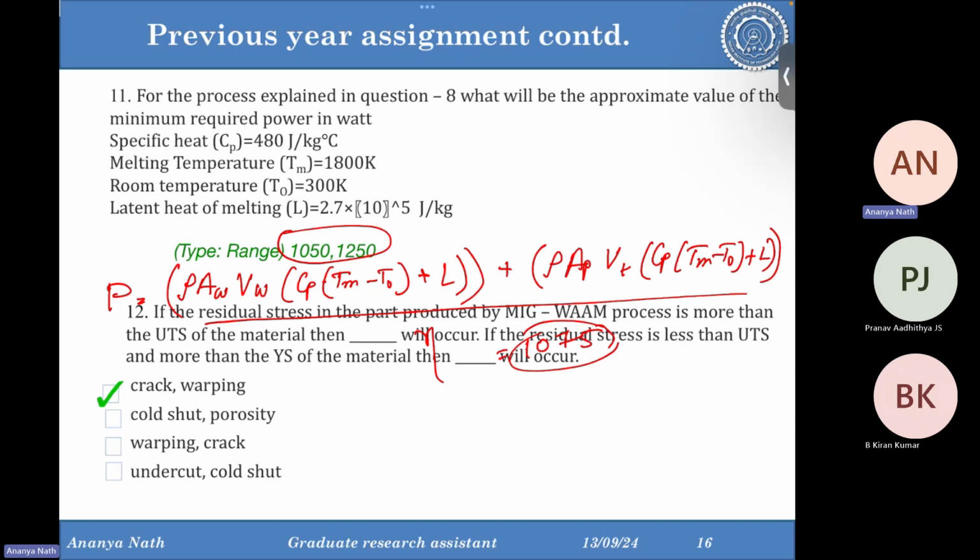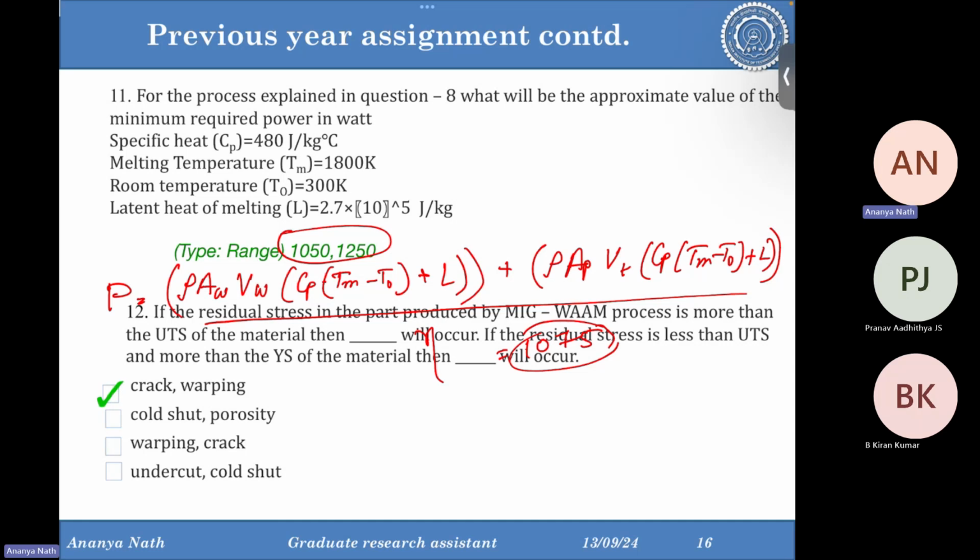But in case of additive, you can have both tensile and compressive stress, and layer by layer you will have an increased amount of residual stress. That's why undercut and cold shut are defects seen in welding, but the most common defect in additive is the crack. So if your residual stress is more than the ultimate tensile strength,